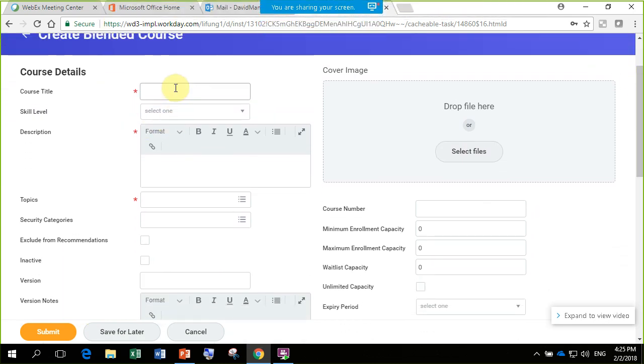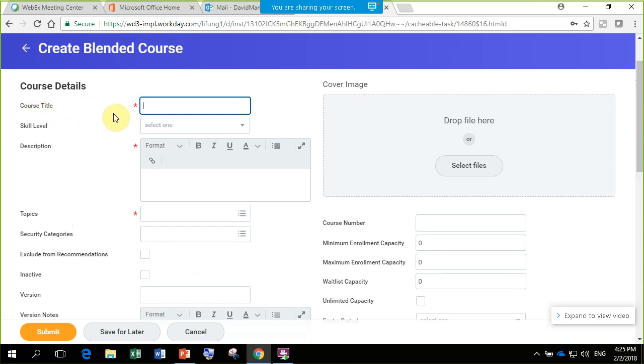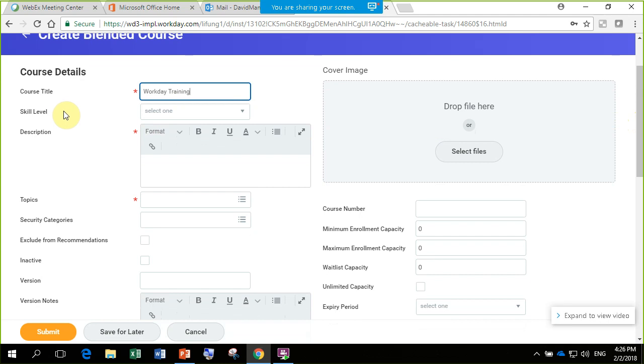If you wanted to create a classroom training, we need to create the blended course. So the first required field is the course title. For example, if now we would like to schedule a course, and let's see, the course name is WorkDay training. And the second one we need to input is a skill level, but for this field it